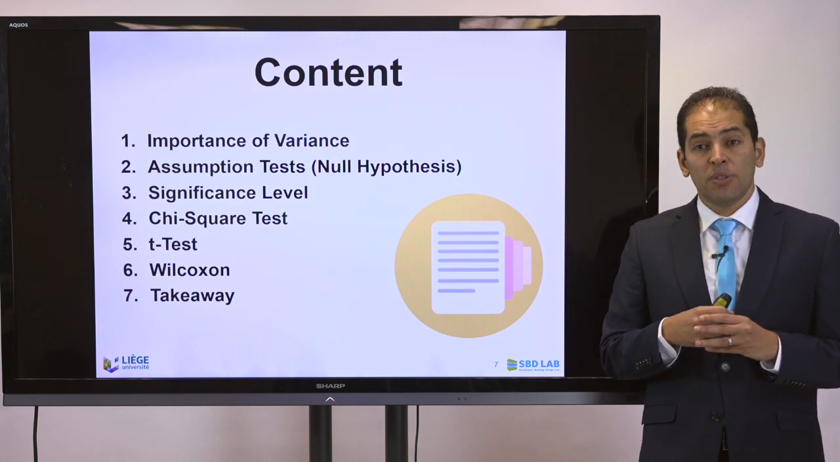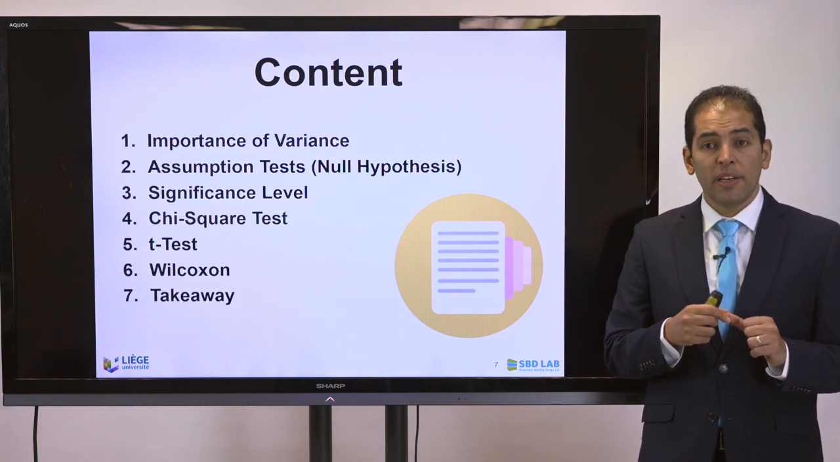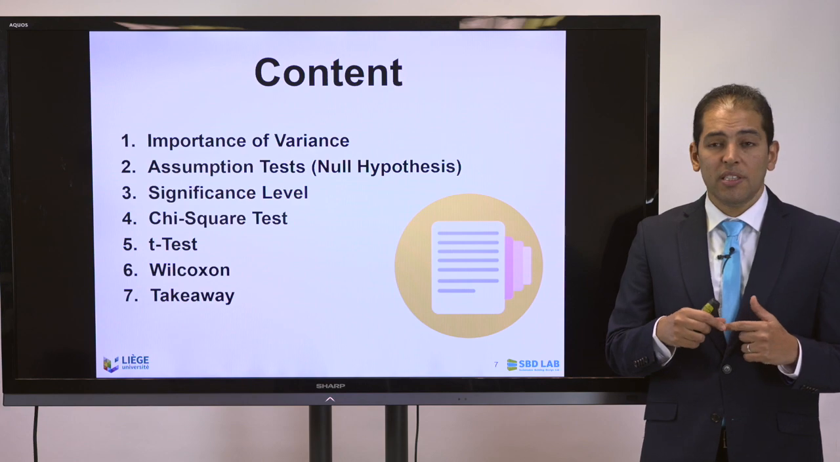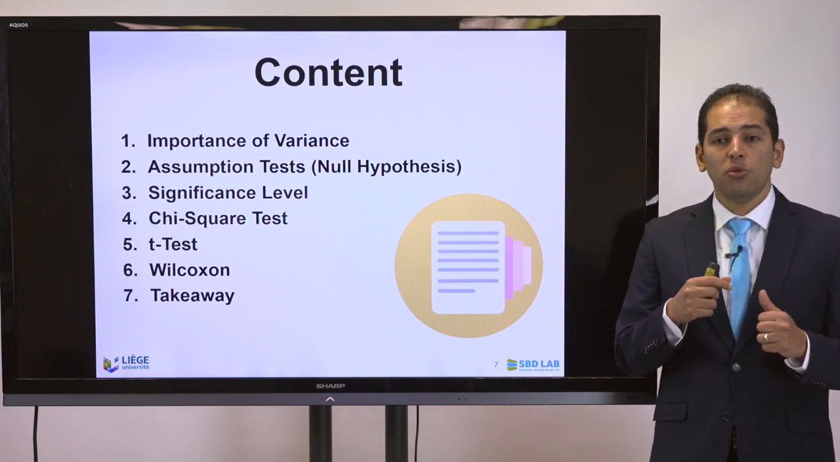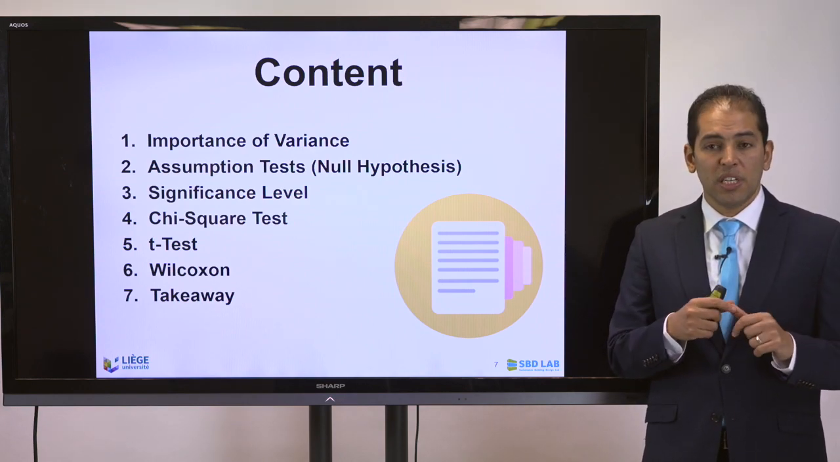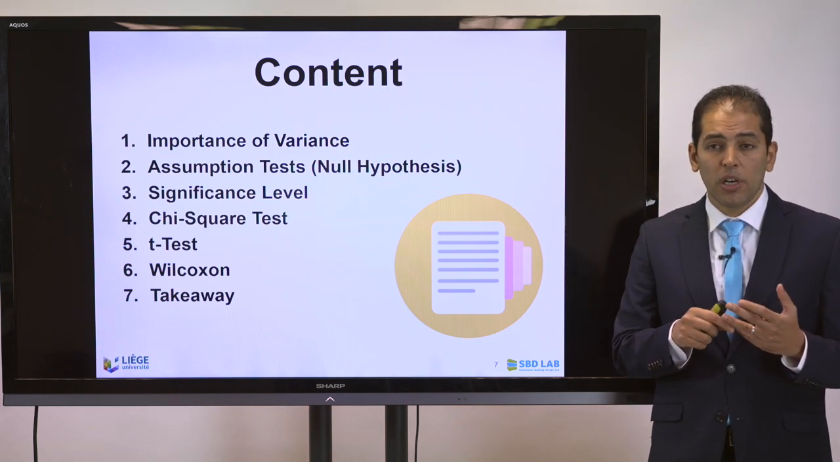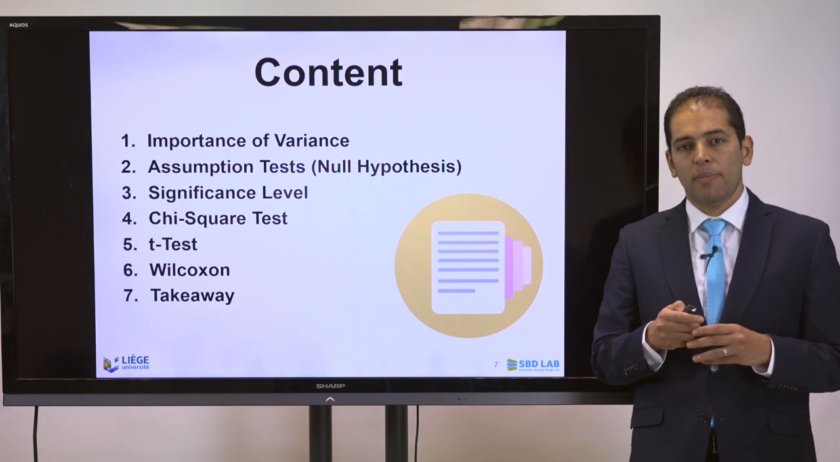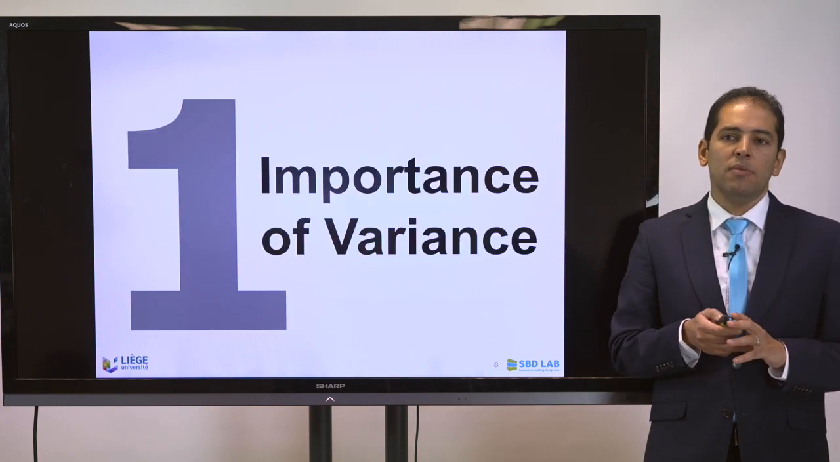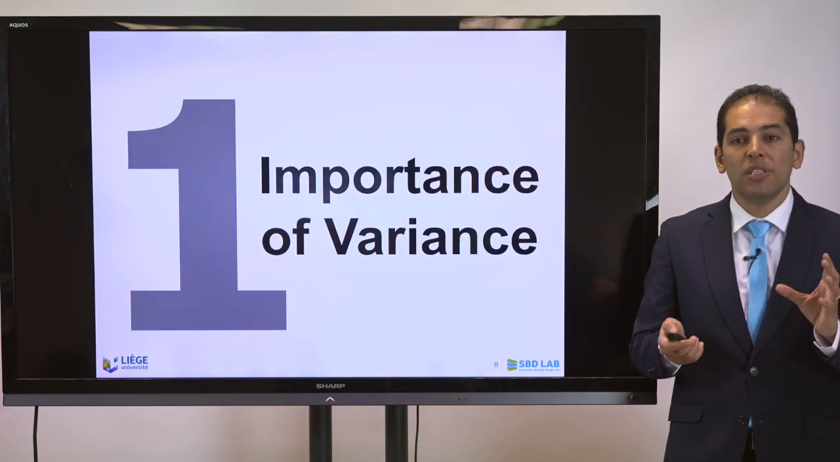The content of today's presentation is elaborating on the importance of variance, the assumption test or the null hypothesis test, how to calculate the confidence interval or the significance level, the chi-square test, the t-test, the Wilcoxon test, and finally some takeaway messages. But let's start with the importance of variance and why we need to detect the variance and